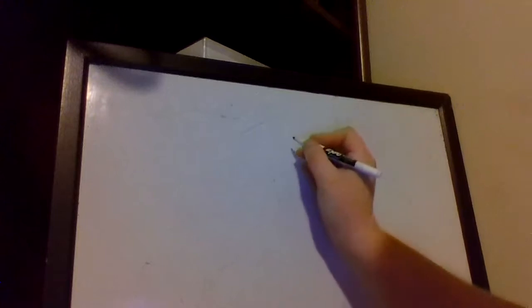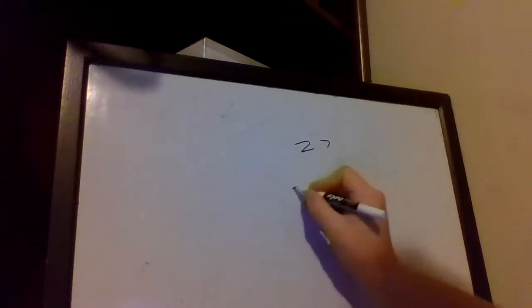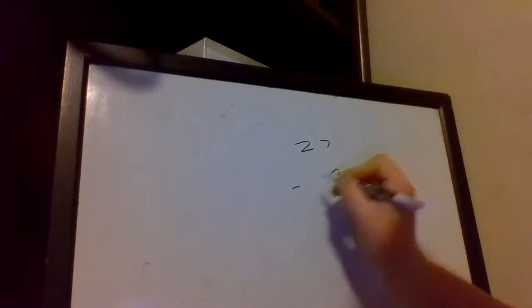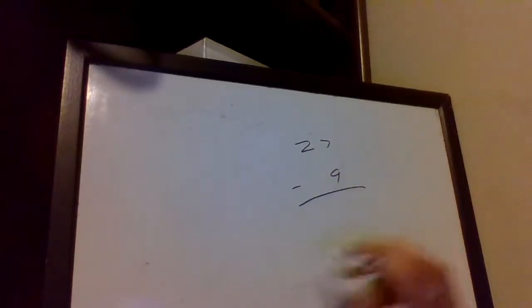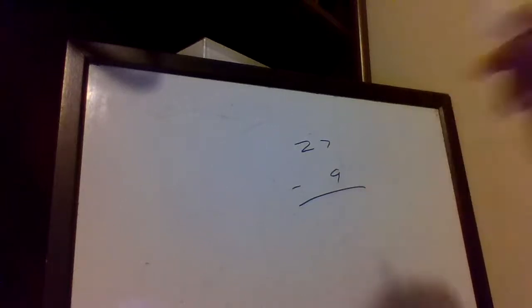say we have something like 27 minus 9. Now, we can't do 7 minus 9 because 9 is bigger. So,